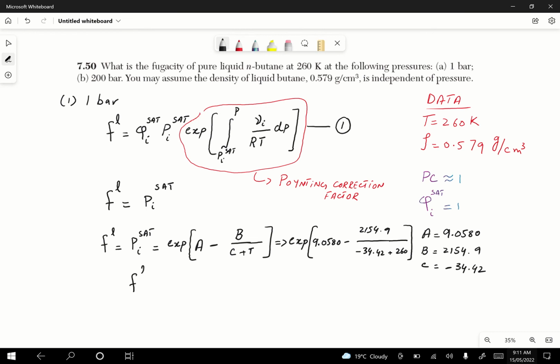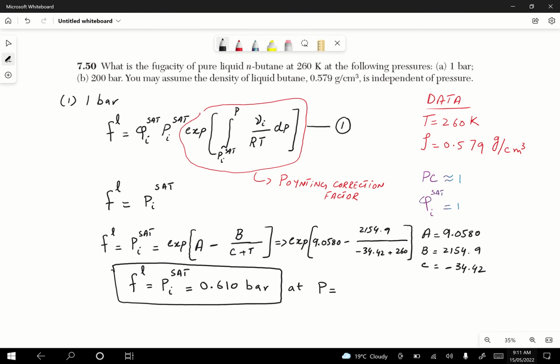Fugacity of liquid is equal to exactly saturation pressure. After solving this Antoine's equation, you will get an answer approximately close to 0.610 bar. So this is basically fugacity of liquid at pressure of 1 bar. So this is the answer for part A. Okay, now part B is